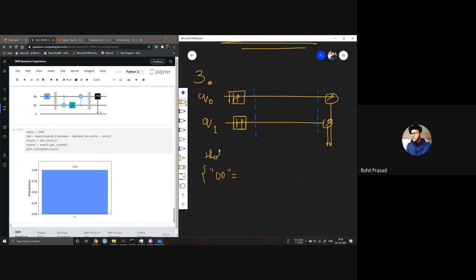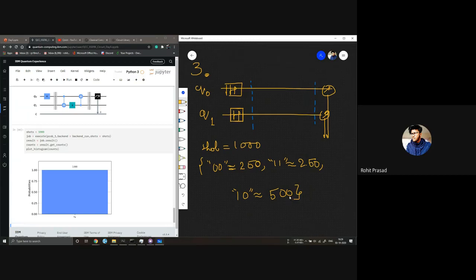I want more or less 250 shots for one outcome, and then 500 shots for 10.